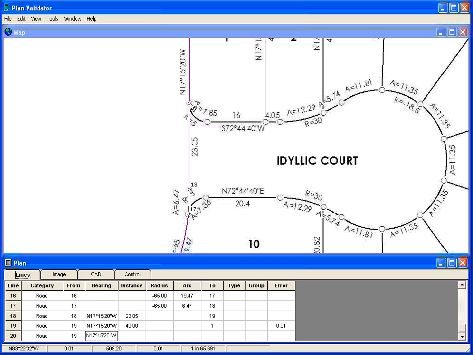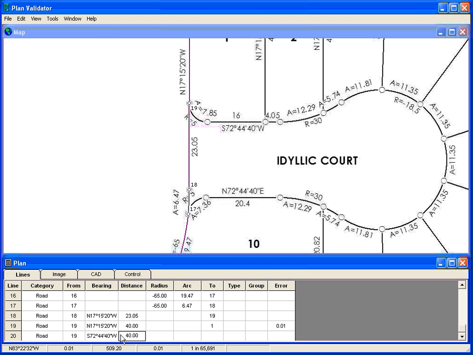So what I need to do is either specify the radial bearing, which would be 90 degrees off of this line, or I can specify the chord bearing. If I don't specify a chord distance, it will assume that it's a radial bearing. If I specify a chord distance, it will assume that the bearing is a chord bearing. In this particular case, I'm going to use the radial bearing. I can enter the radial bearing as 90 degrees off this line. I can actually enter angles on these lines just by entering a plus sign and 90 degrees, which will be a